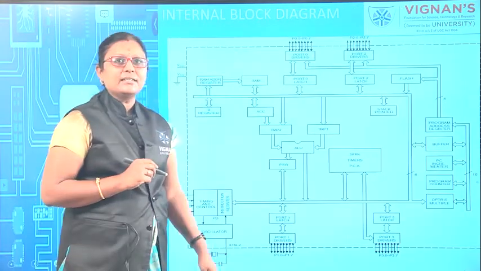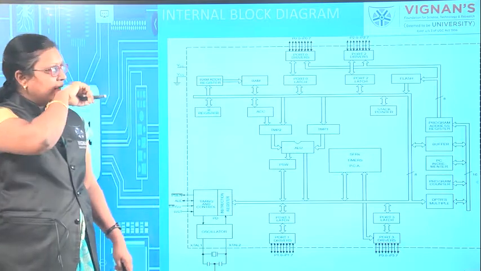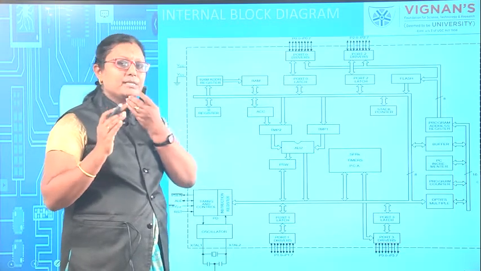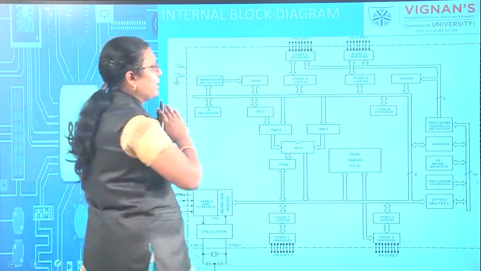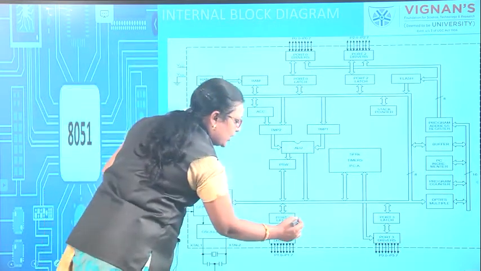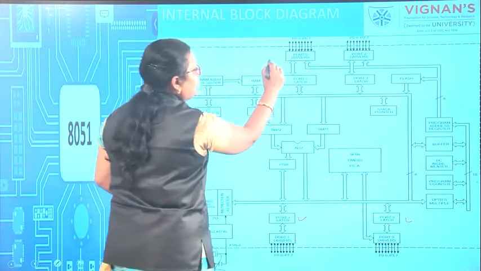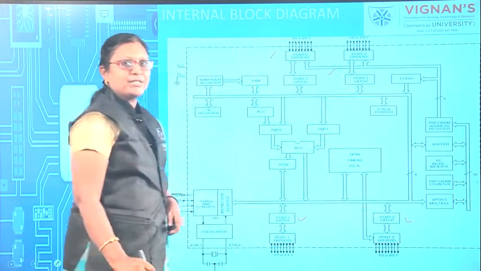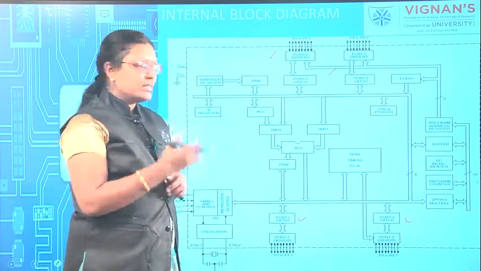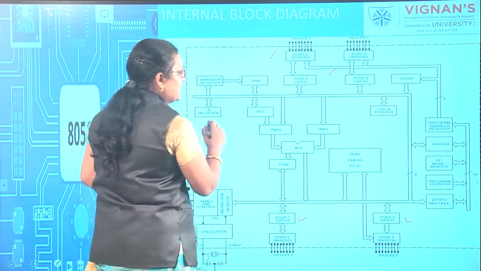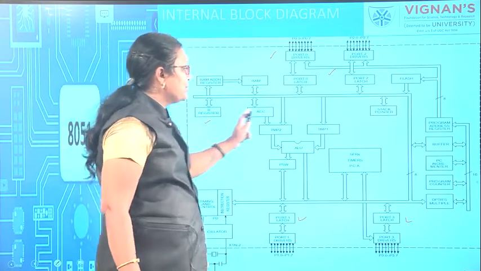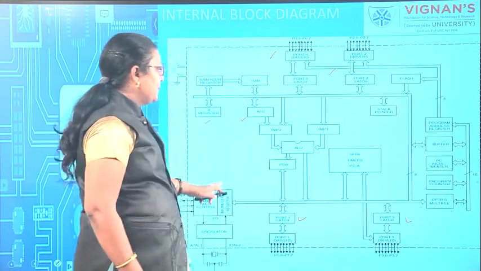Then coming to the internal block diagram of the 8051 microcontroller, here we can see all the sections and pins we have seen so far. Everything is allocated in a block manner. Here you can see port 1 and port 3, port 0 and port 2, everything present along with its driver. We will see each and every block in depth in the upcoming sessions, and it consists of registers like the B register, accumulator, temporary registers, PSW, everything. All these registers are used to store the data temporarily.